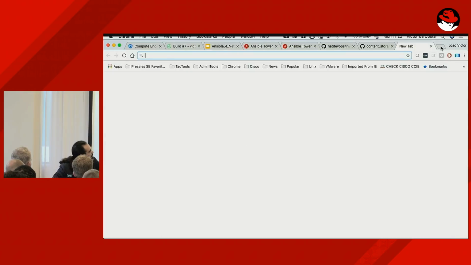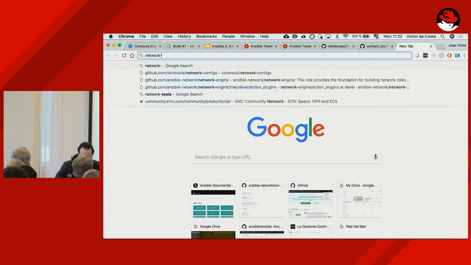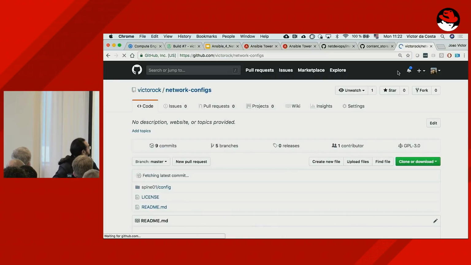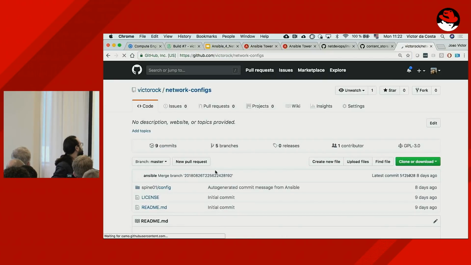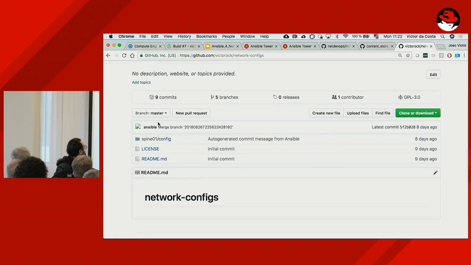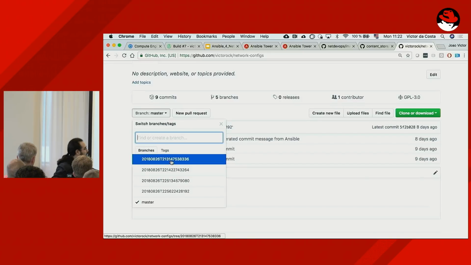It's a network config, I guess. Yeah. So here what I did is, for every backup I run, I create a branch with a timestamp,